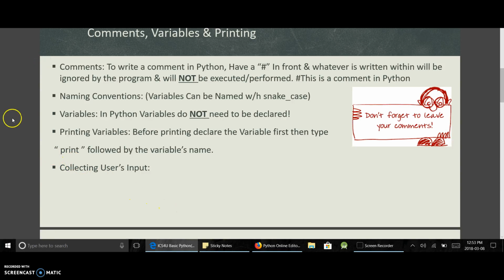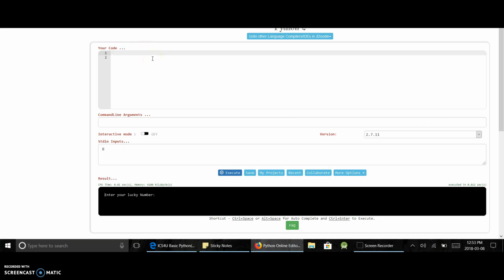Okay, so lastly in this page, I'll be showing you how to collect the user's input. So I've cleared my source code right here, and maybe I could do the lucky number. So I could do something like this. So I write my variable's name, so lucky number input, and of course your variable names should make sense. And then what I would do is I just write down input, and then I type down what I want the user to write. See, so I'd write enter your lucky number,